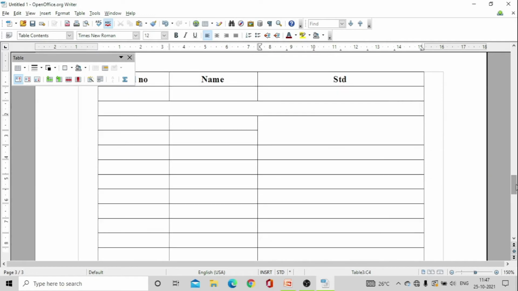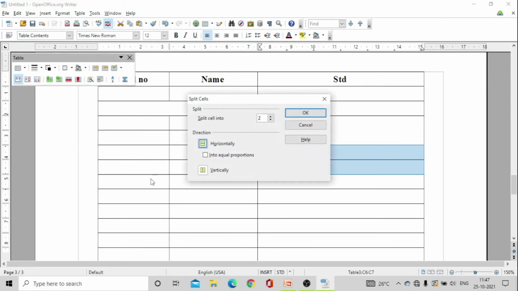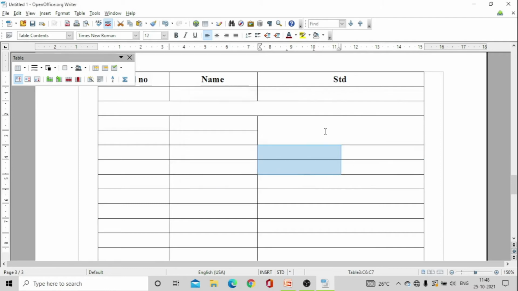Now I want to split. How will I split? Okay, let's select these 2 cells particularly and now I want to split. Either I can go from this option or from here. So now for splitting cells, you can split the cell into 3 also, 4 also according to your needs. For now we will do it for 2 only. And you can use direction also. That means horizontally also you can split or vertically also you can split. Now I want to split it vertically. So let's see how. We'll go for OK. And yes, as you can see, we have split our cells vertically.